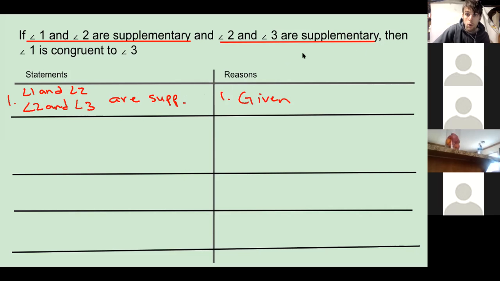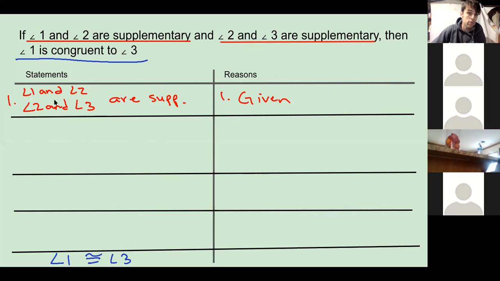Now, our goal at the end of this proof is going to be to reach our conclusion that angle 1 is congruent to angle 3. Kind of setting up the outline of the proof. It's this middle section that we need to figure out here. So doing that,